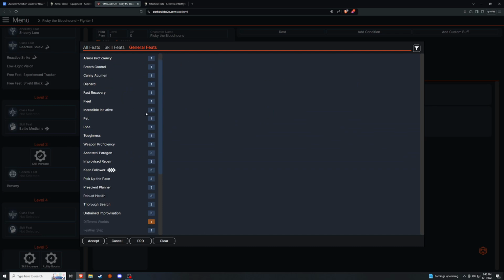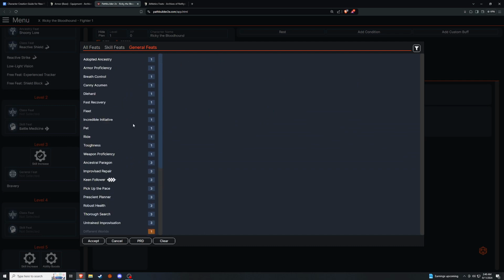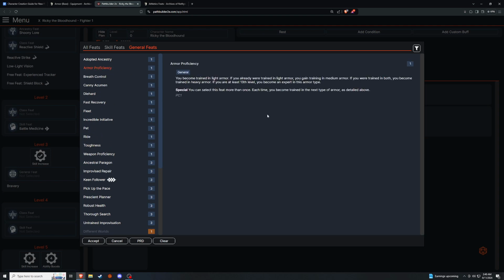So you don't get that many. General feats can be kind of boring sometimes. For example, some characters need armor proficiency. Maybe you don't want to take mage armor, but you don't want to be squishy as a caster. So, boom, you take armor proficiency as a general feat, and now you can wear light armor to get an